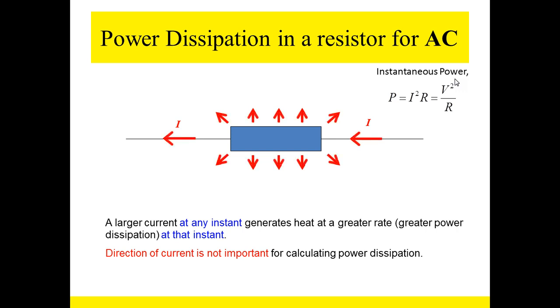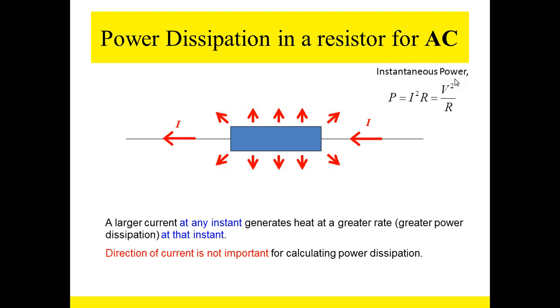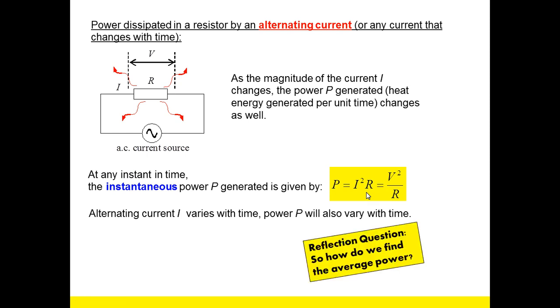So as you can see, the next moment in time, the current will increase, power dissipated will be increased some more, power increases, current increases to the maximum, power increases to the maximum. Afterwards, it will reduce, then becomes 0. Right, so the power dissipated in the resistor by an alternating current will change with time. As the magnitude of the current increases, the power increases. And the instantaneous power is given by this equation, as I mentioned earlier. However,